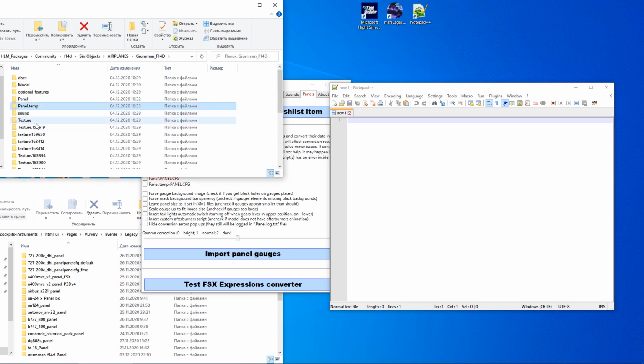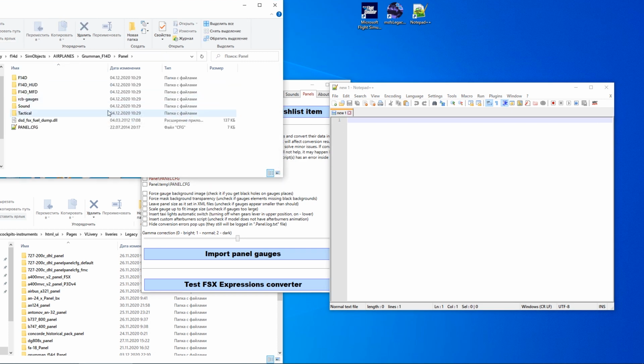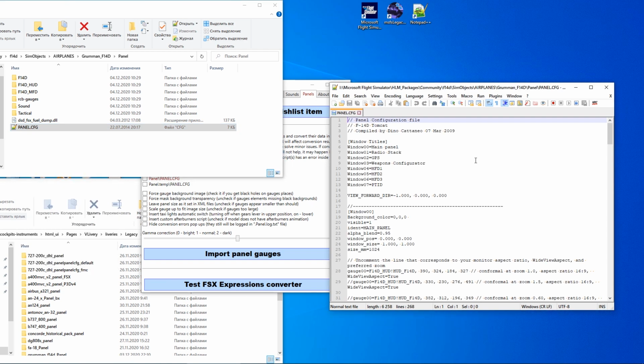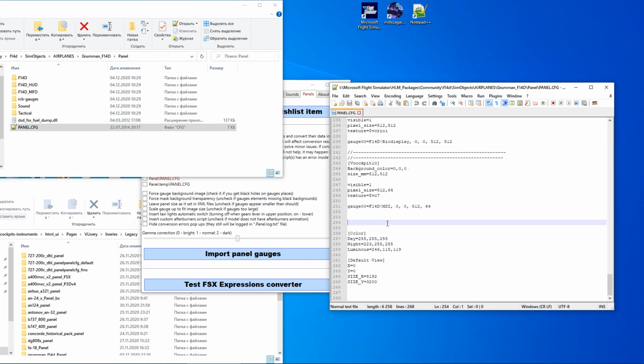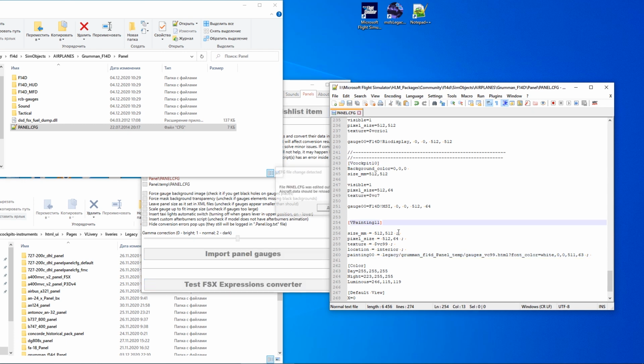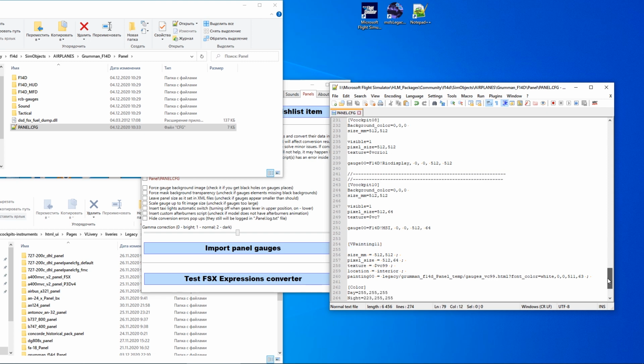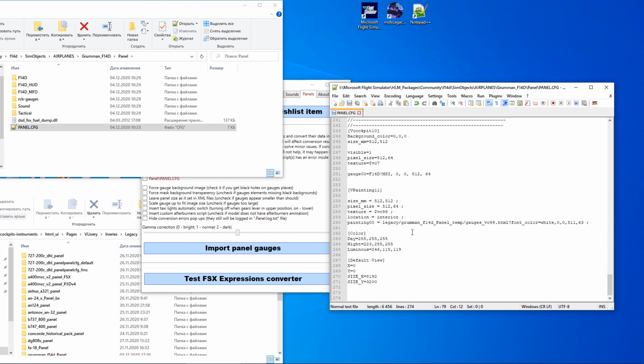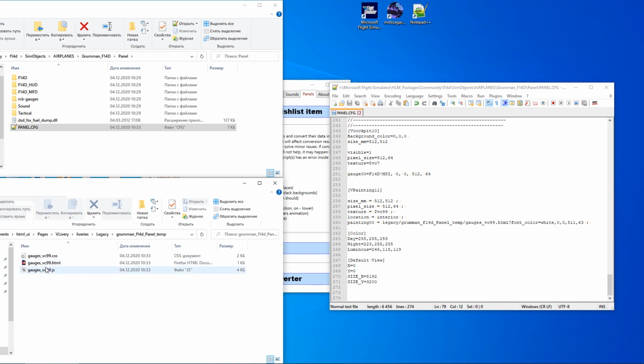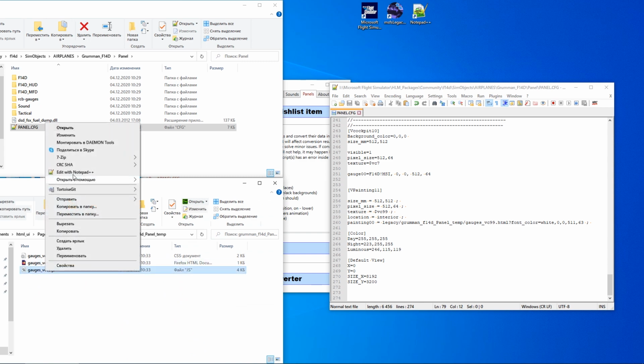delete temporary panel folder, open original panel file and insert this code. Increase ID number to avoid confusion and save the file. Just in case you will need to edit this script, JavaScript file can be found inside of Legacy Instruments folder.